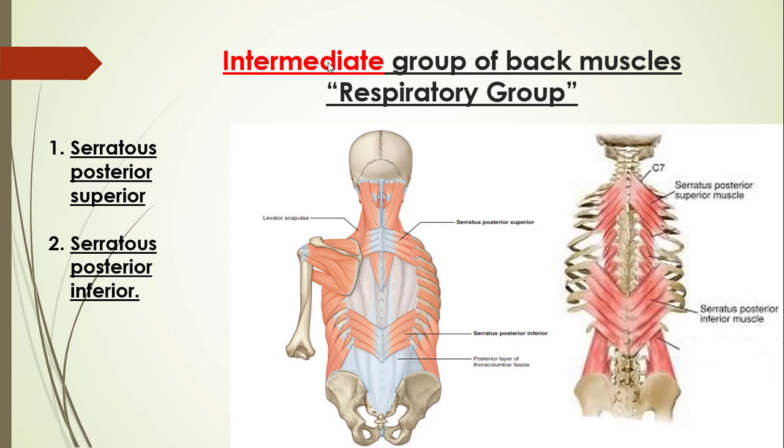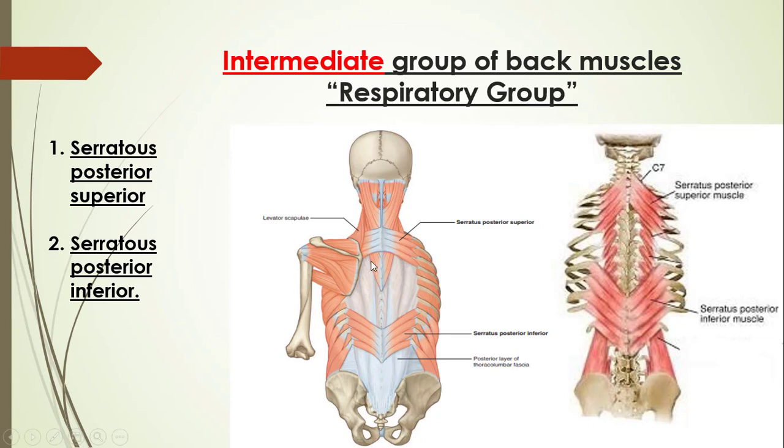Why are they called intermediate? Because they lie immediately deep to muscles of the superficial group. The fibers of serratus posterior superior pass outward from the vertebral column and obliquely downwards and attach to the ribs. However, fibers of serratus posterior inferior pass obliquely and upward from the vertebral column to attach to the ribs. This orientation makes them considered a respiratory group, as they increase the diameters of the chest and assist in